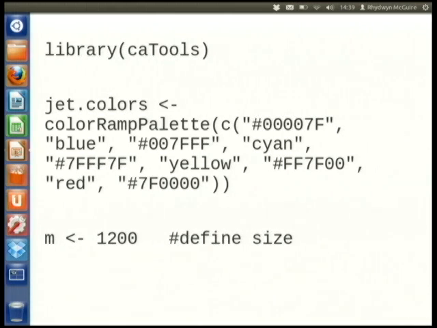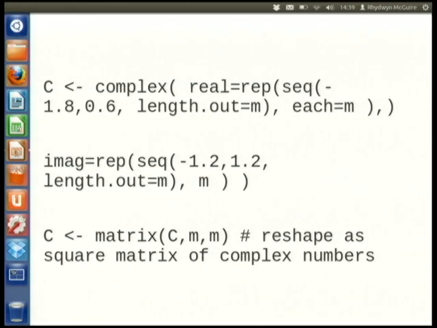Okay, we define a sequence of complex numbers. They go from -0.8 to 0.6 in the real and -1.2 to 1.2 in the imaginary.